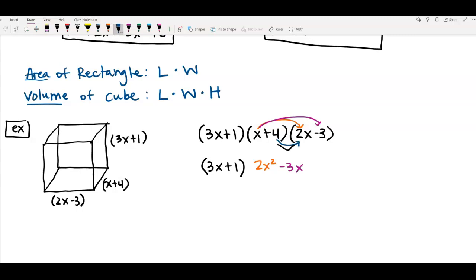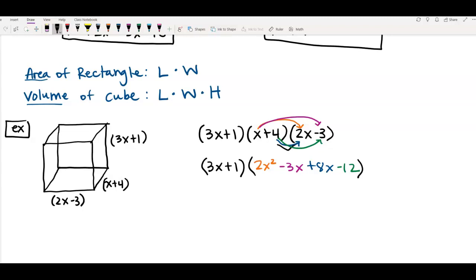4 times 2x is going to give me 8x. And then 4 times negative 3 is negative 12. All right, but this is still in parentheses because we're still having to take that whole thing there and multiply